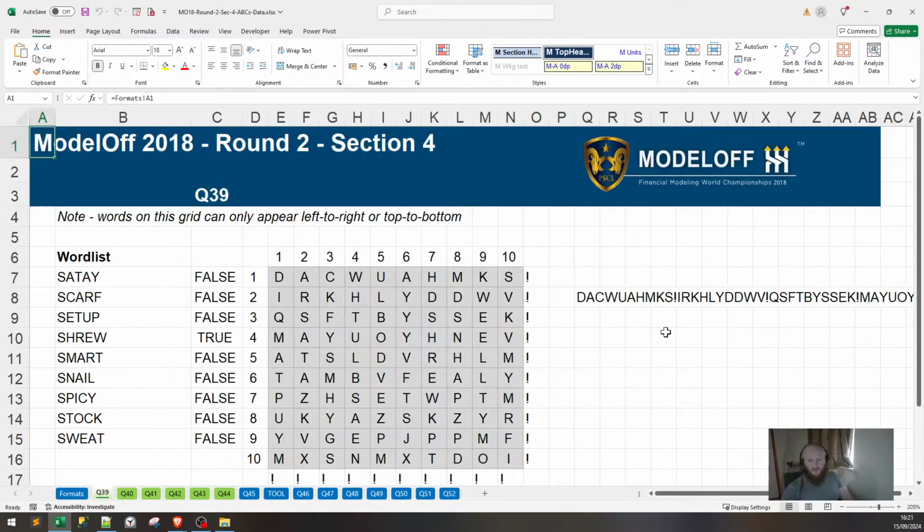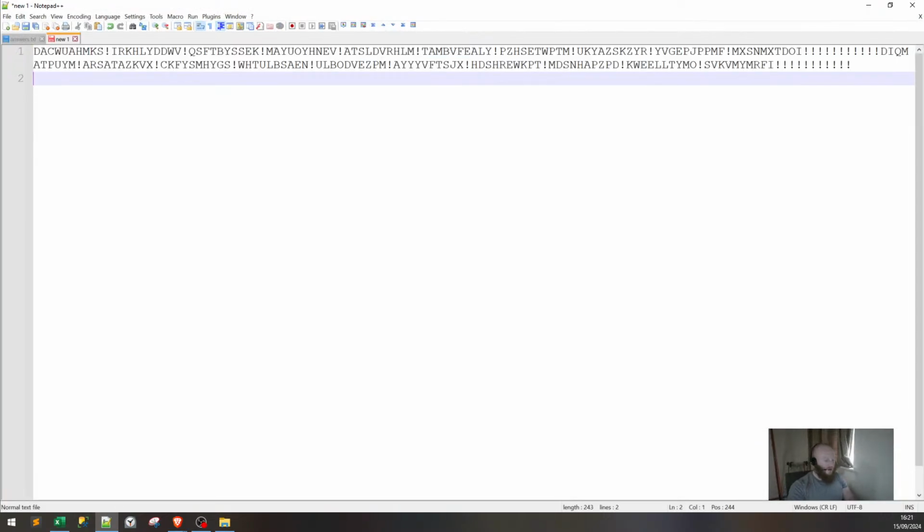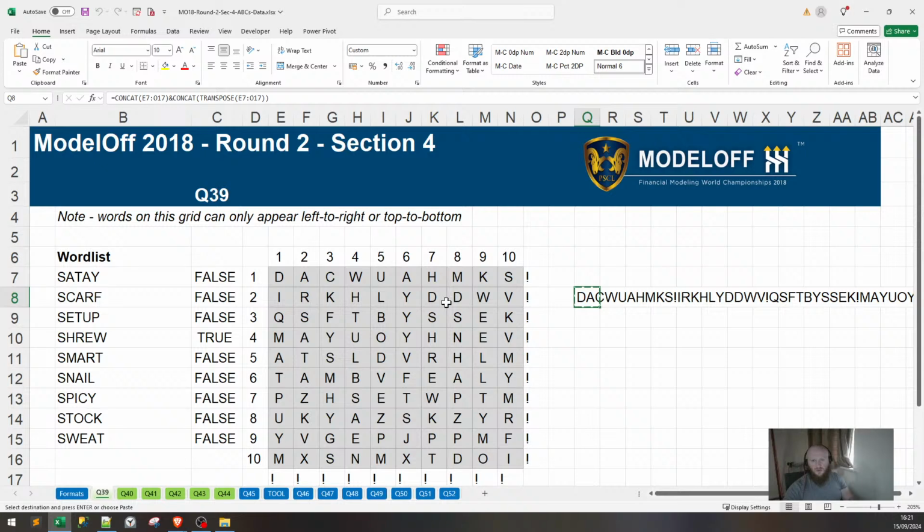Ooh. Well, it'll be terrible if it turns out that I've got this wrong. Shrew. There we go, right there. HD. It looks like it's on the second, so this is top to bottom. HD shrew. For S. Shrew right here. Whee! So it looks like I've got at least one question right, but it progressively gets more and more difficult